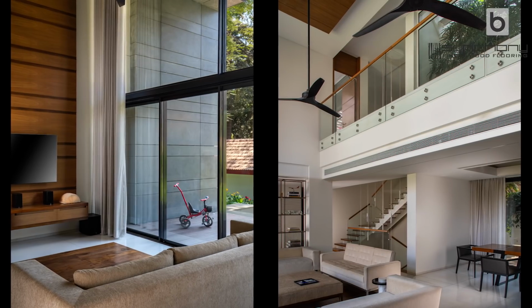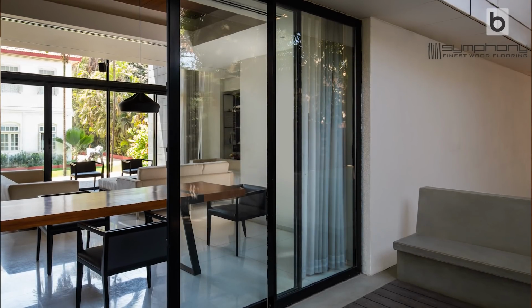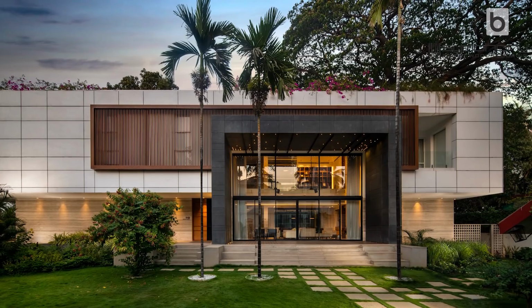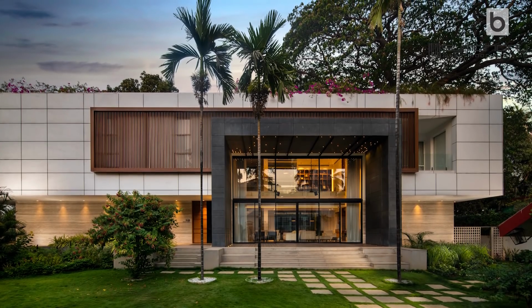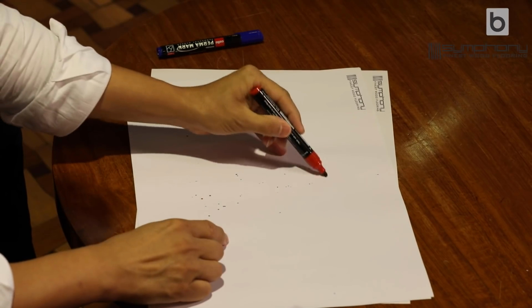On the lower floor we had a living area over here, a dining and a small patio on this side, which culminated a series of open spaces from the parents' home into their home. And around that we had the den and an extra guest bedroom with services at the back. Now the upper floor was arranged a little differently,